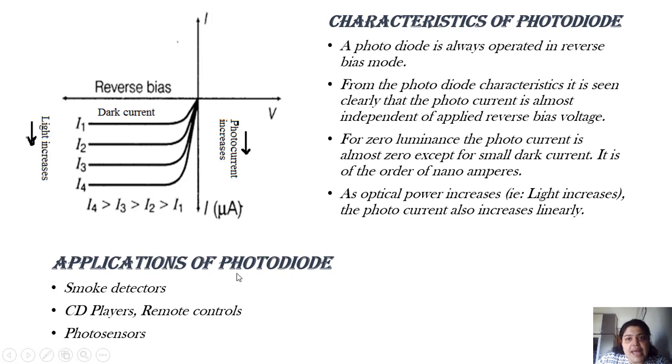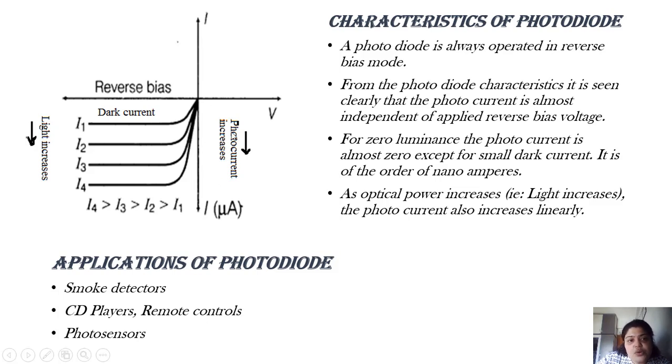Let us see what are the characteristics of a photodiode. We've already drawn the characteristics in a graph while doing the practical. So this we have shown in the third quadrant because of the reverse bias characteristics. So you can see in the graph that there is no relation of current with voltage. What actually happens is, as you increase the value of light, you can say this I4 is the maximum current, I4 is greater than I3 is greater than I2 is greater than I1, when I1 represents the dark current. So if you keep on increasing the light, you see that photocurrent increases.